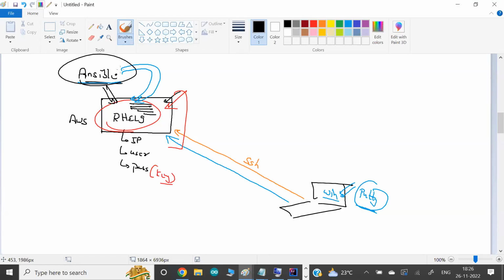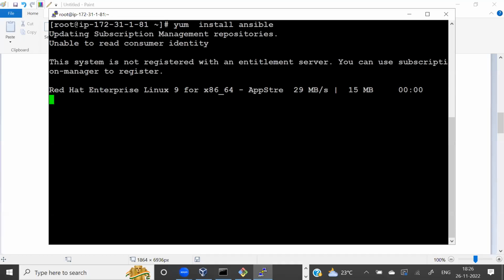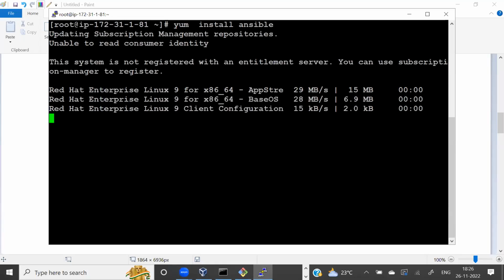But before this, if you want to use Ansible in this OS, Ansible is software, you can install it. So the first time you have to install the Ansible, and right now this is Red Hat. In Red Hat, this is the basic command you have to use to install Ansible. Okay, so yum is a command in Red Hat. One time we have to use it, that will install the Ansible. After Ansible is installed, everything can be done by Ansible only. Okay, so this command we can use to install the software.